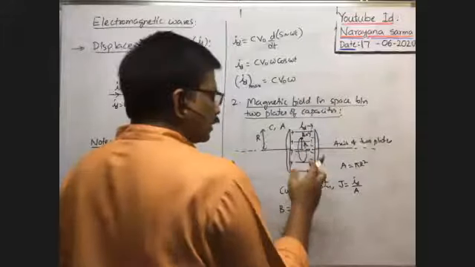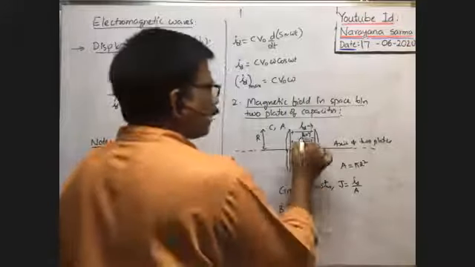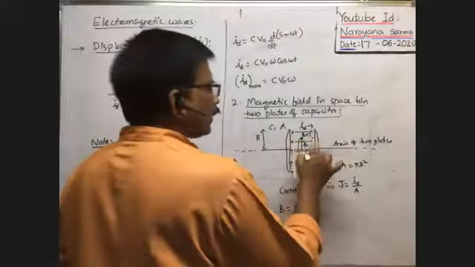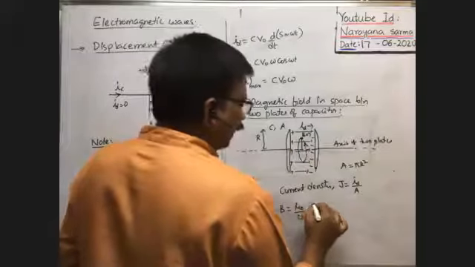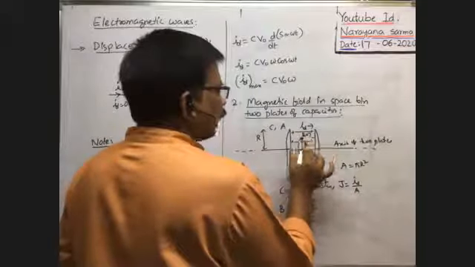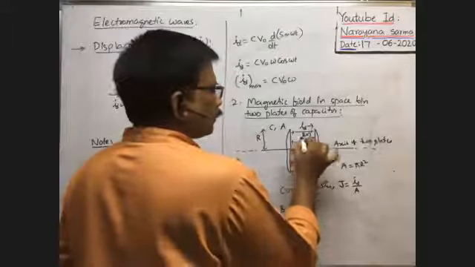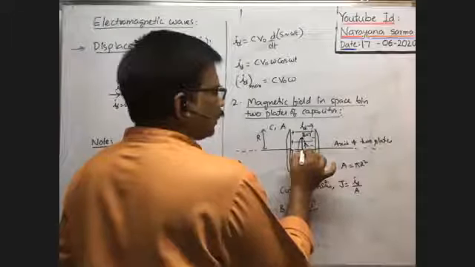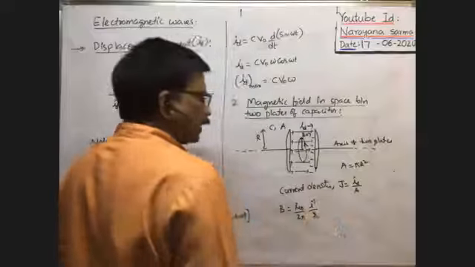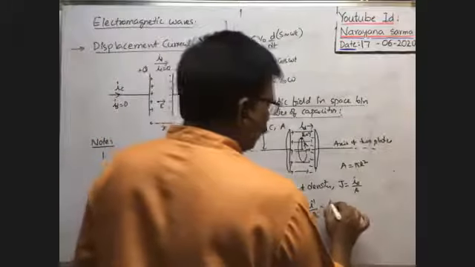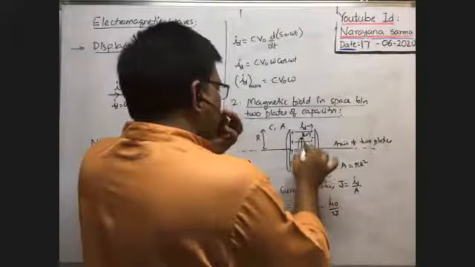At this point, what is the magnetic induction? Magnetic induction at this point is equal to mu naught by 2 pi into the current passing through this circular region, say I dash, by the distance of this point from the axis of the plates. Because for this circular loop, this is the center, no? From this center at a distance r, what is the magnetic induction? They ask. That's why you write r. This is equal to mu naught by 2 pi into I dash. What is the current passing through them?